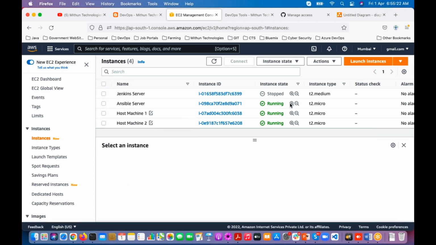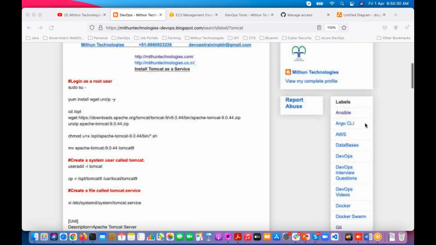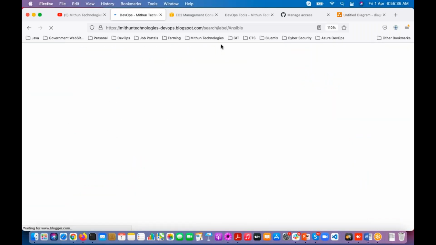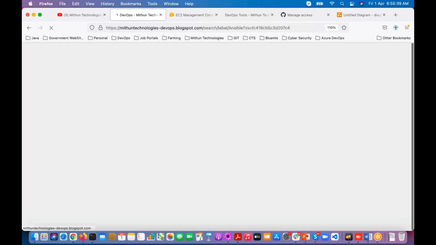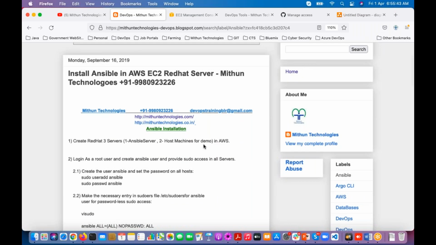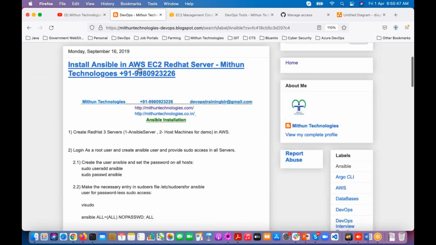For installing Ansible server, I have created one blog. If you click on this Ansible label, it will take you to one URL. See here, install Ansible in AWS EC2 instances.